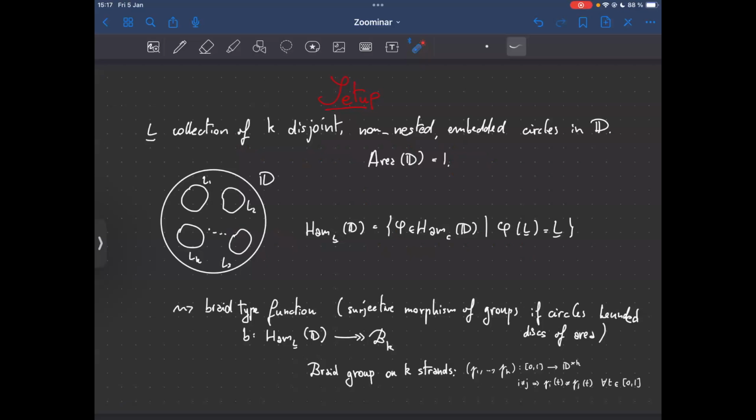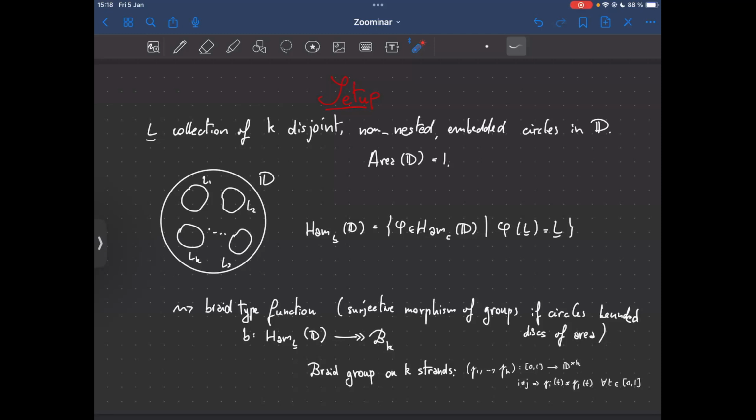So essentially, you want these circles to satisfy the following property. If you consider the complement of the circles in the disk, you have this connected surface of k plus 1 connected components. K of them should be disks, and the last one should be a pair of pants with k legs. Now, with this in mind, we can define a certain subgroup of the group of compactly supported Hamiltonian diffeomorphisms